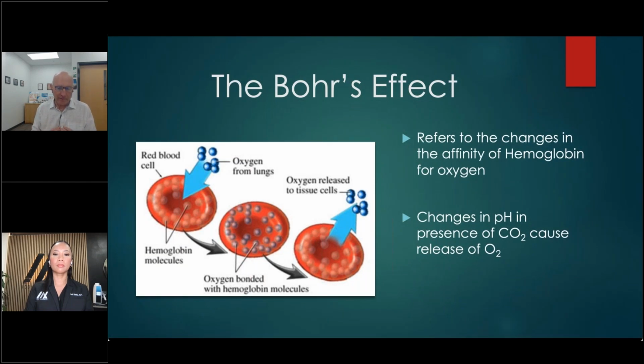So again, the Bohr's effect is mostly talked about when we talk about breathing in oxygen and exchanging carbon dioxide for oxygen in our lungs. But that also happens at the surface of the skin. The Bohr's effect, if I apply carbon dioxide and there's hemoglobin nearby that's carrying oxygen, will also cause a change in pH, which is going to result in the release of oxygen. So it's a really simple idea that has a long time merit in the medical community,